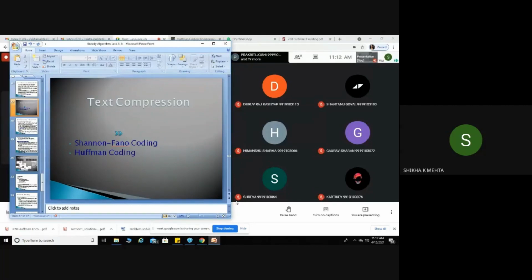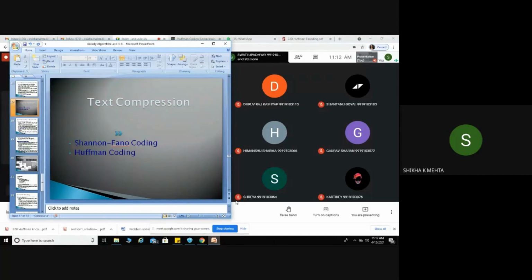You all know how the data is stored in the machine. All the characters are represented using ASCII codes, and these ASCII codes ultimately represent bits and bytes, right? So every character is represented using a certain number of bits, and the conversion is done in the form of ASCII codes.